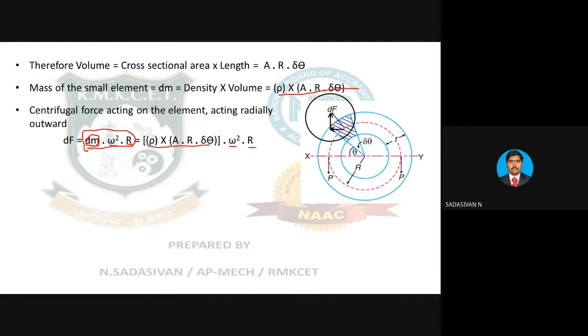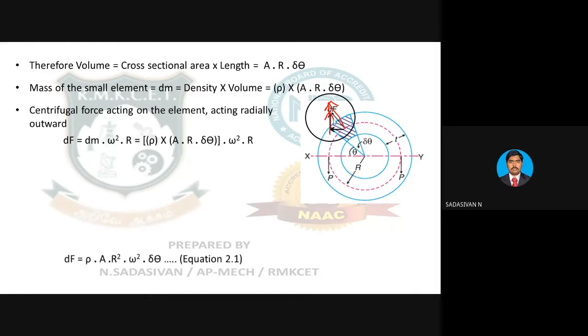This is some outward resultant force. Of this outward resultant force, I'm going to find out the vertical component. Why I'm finding it out, I will tell you later. Just keep it in mind. Some outward resultant centrifugal force I'm getting because of rotation. If you have a mass rotating, you will definitely get centrifugal force. Now, out of this, I'm going to find the vertical component alone. I am not concerned about the horizontal component.